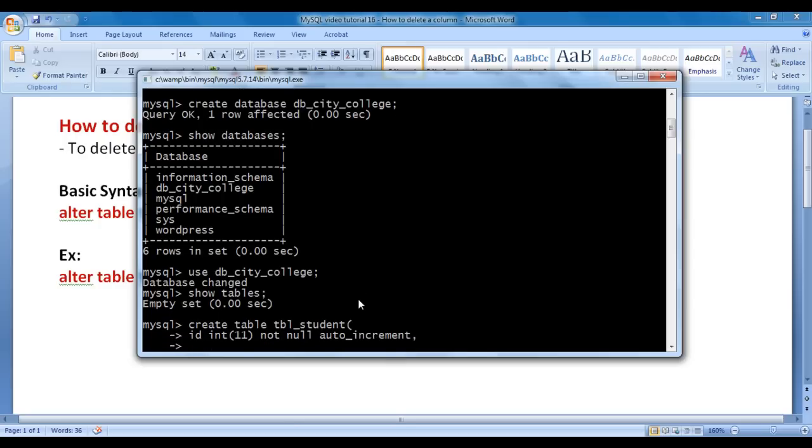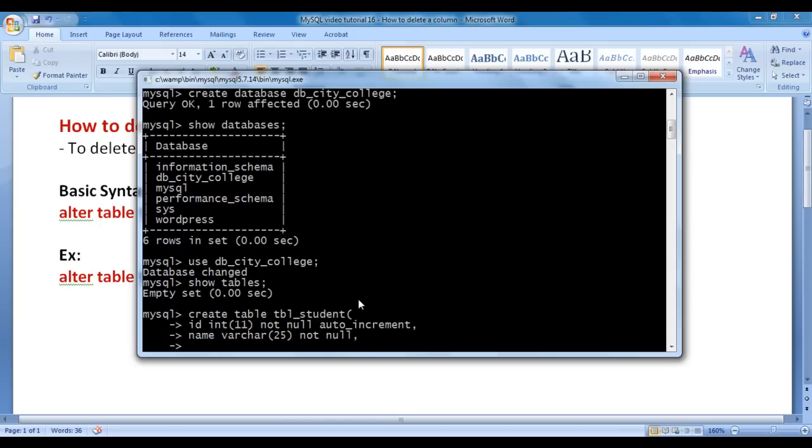Students are going to have a name, so I say name. Student names will be variable length strings, so I say here varchar, and in brackets I say 25, which indicates the name column can have strings of maximum length 25. The name column cannot have null values, so I say here not null, comma, hit enter.